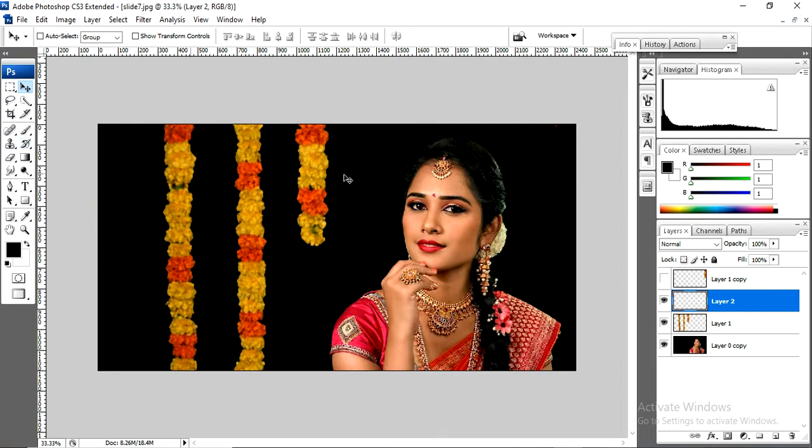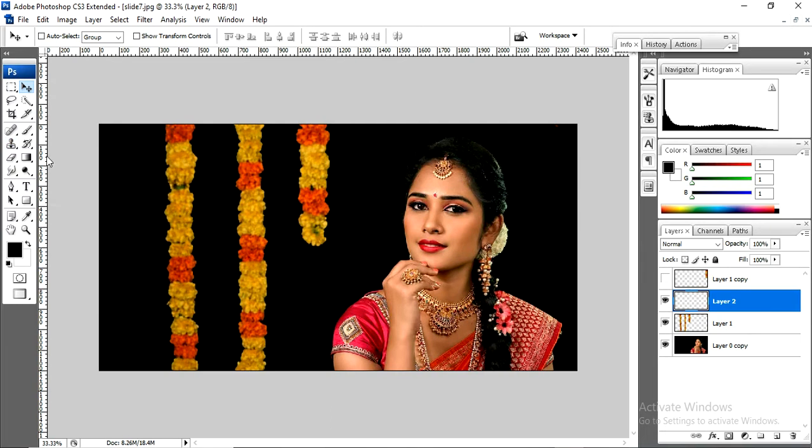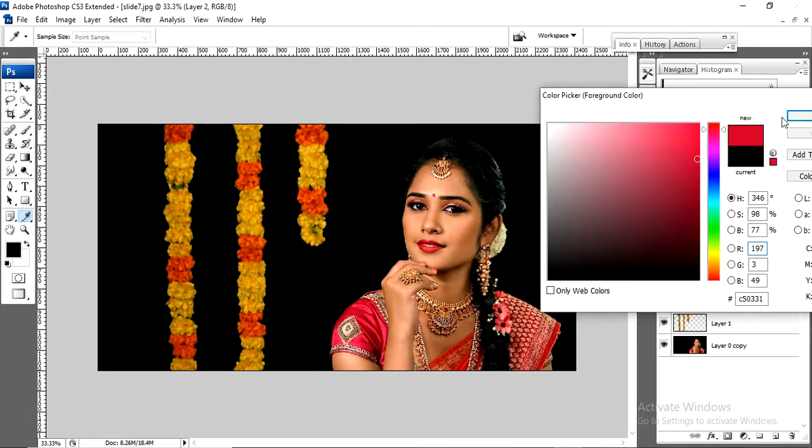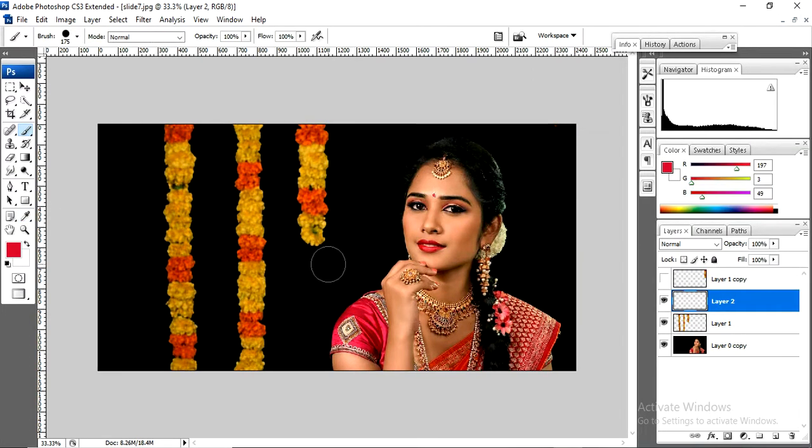See, this is a transparent layer. I'm going to place a certain color in this layer. So take the brush, I've selected this brush. I'm going to select a certain color. How do you select the color? This is the color box, just click here. I'm going to pick one color, this pink.